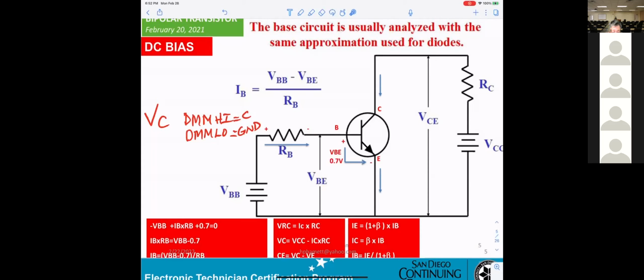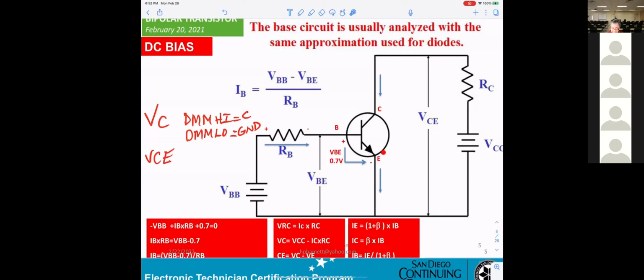If I want to measure VCE, how do we make the connection? High side connects to C, correct?